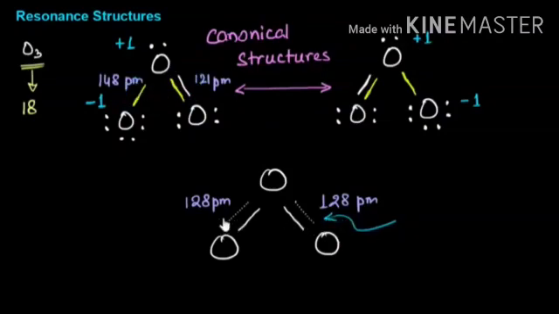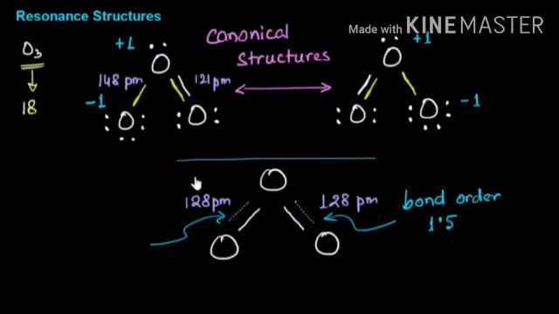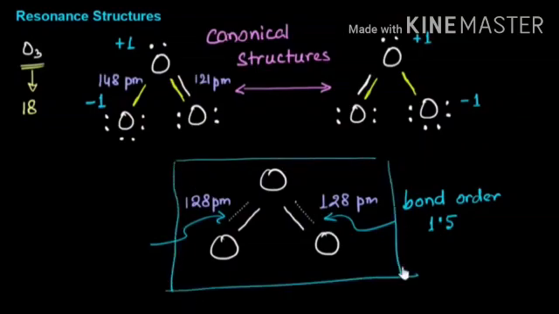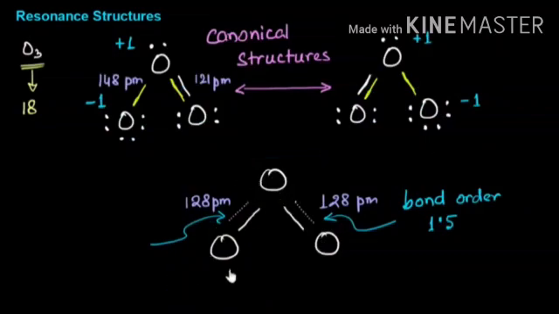We can draw the resonating structures of other molecules also, like ozone, such as benzene, sulfur dioxide, carbon dioxide, carbon monoxide, etc. Here the most stable structure is the last one, which has lesser energy, and that energy is known as resonance energy, and this structure is known as the resonance hybrid.